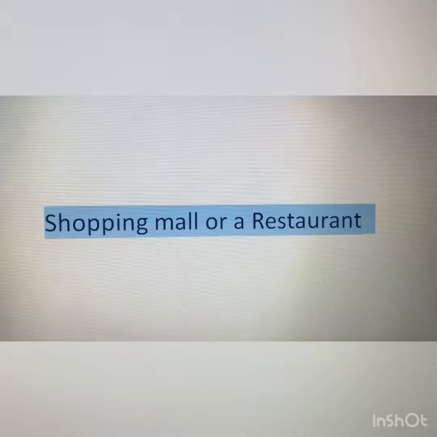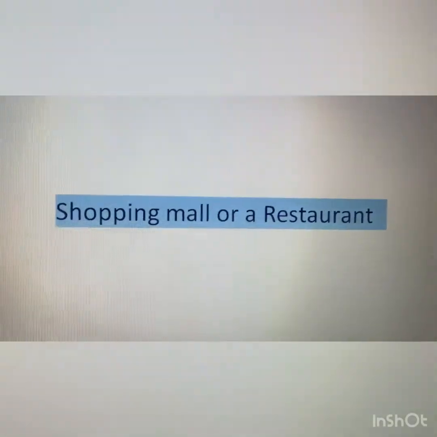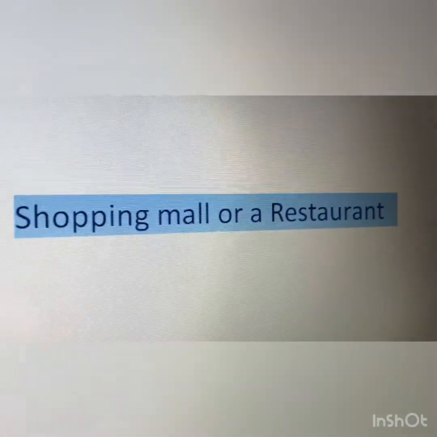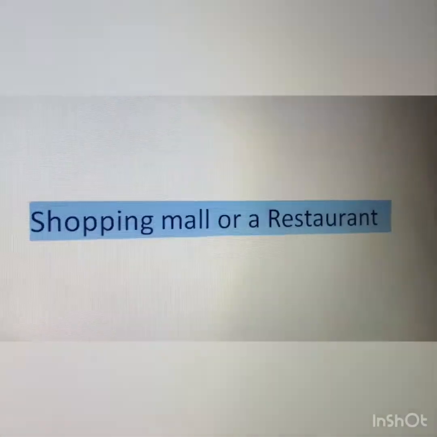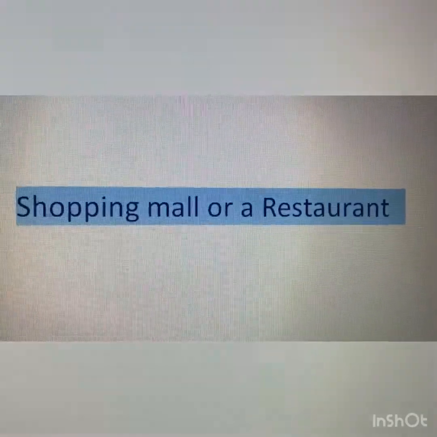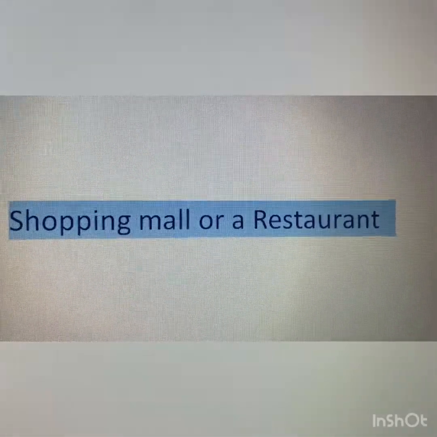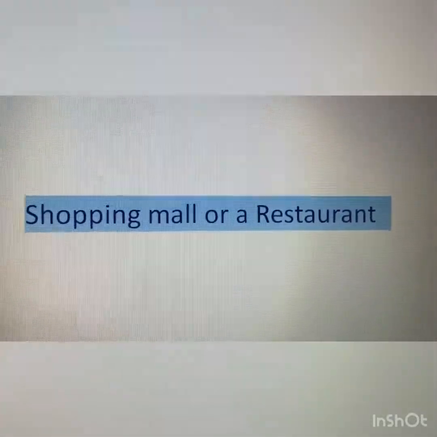Now students, I would like to ask you, when you go to any shopping mall or restaurant, in vacation, on Sundays, what have you seen there? Oh, you have all seen computers making bills. So very good. Now I will show you the textbook content on how computers are used at shopping malls, shops and restaurants.